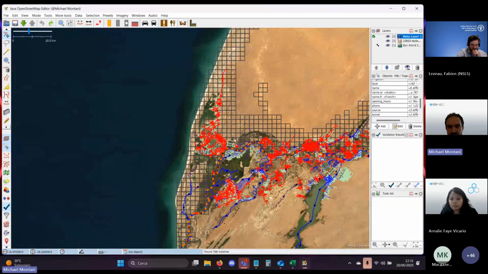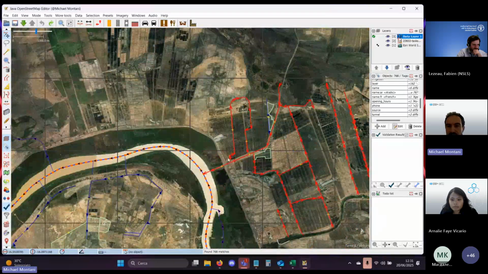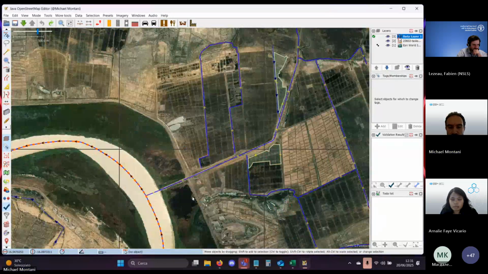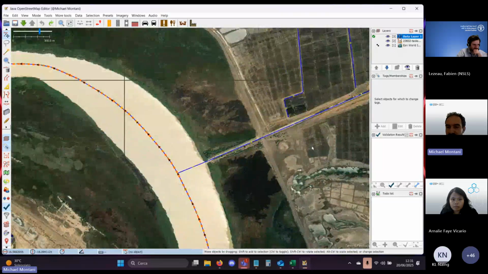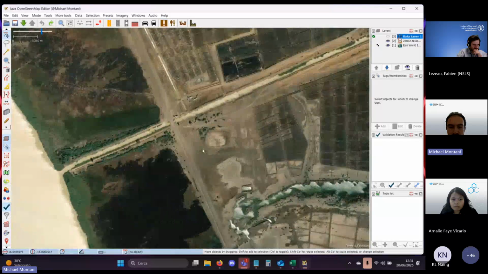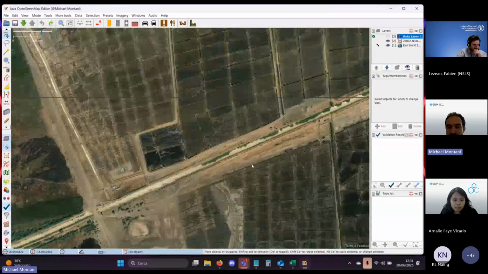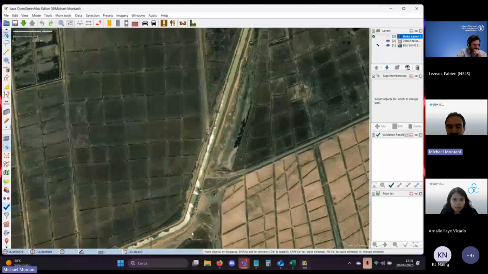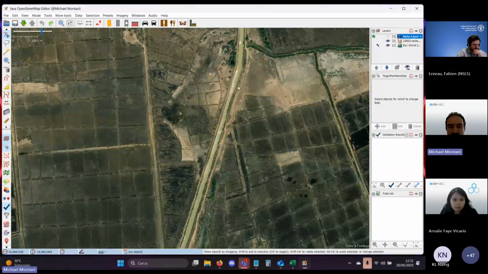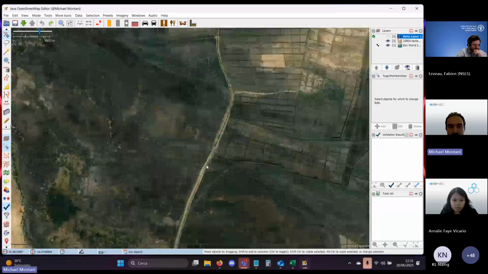Now I selected some of them, and I think the best way to identify canals, as compared to what I said before, is that the lines will be much straighter. You can recognize it is built by humans.